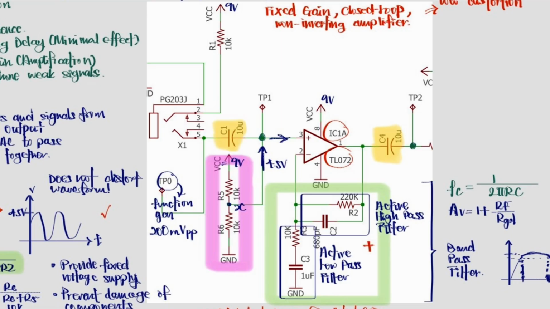thus it is suitable. The microphone feeds the initial weak heartbeat signal into test point 0. Additionally, test point 0 will be our function generator input for this project. Firstly, it will pass through the coupling capacitor C1 at 10 microfarads, which will block out DC bias voltages and